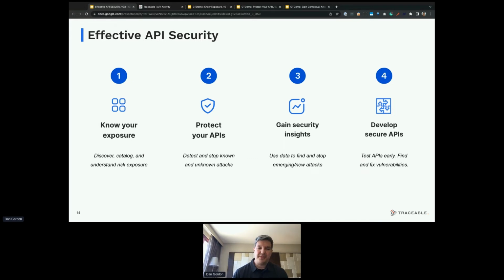So you have to have a good understanding of it, not just know that it's there, but understand what it is and get more visibility into it and how the APIs connect. That's knowing your exposure. Once you know that, it's important to be able to protect the things that we know about from known attacks like the OWASP API top 10 and the OWASP web top 10, the business logic attacks, the fraud attacks, and the unknown attacks as well, because not everything is known until it's known. And we don't want to fall victim to those zero days, because we're just not able to act on abnormal behavior.